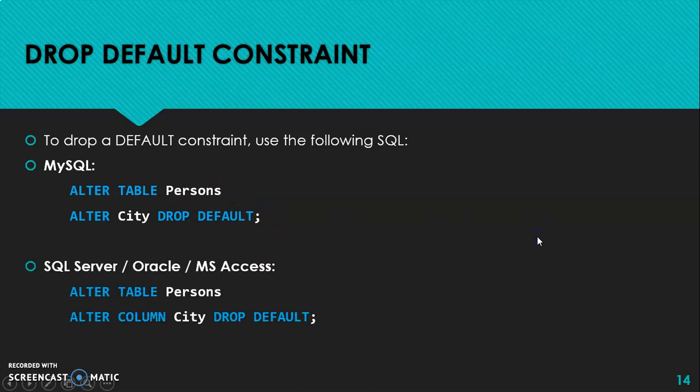And if you are using SQL Server, Oracle or MS Access, alter table person, alter column city, drop default. So alter table name, that is person, alter column name, that is city, drop default, drop the default constraint. So in this way you can drop the default constraint.